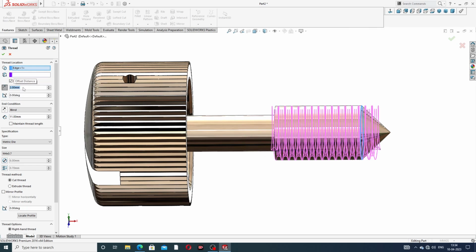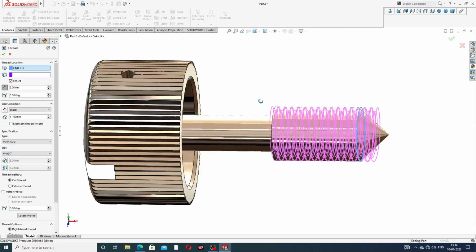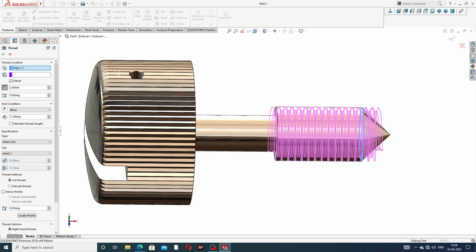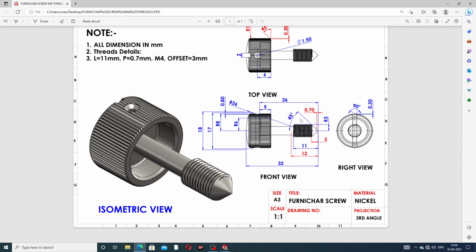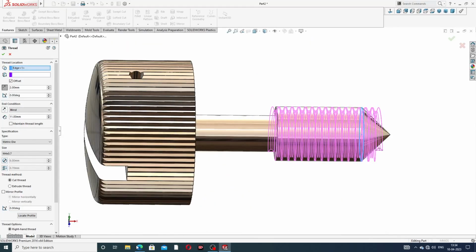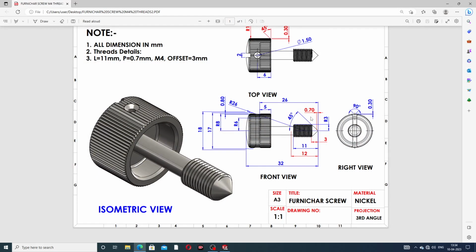Okay, 2 millimeter is this, but 3 millimeter offset is not here. Offset is 0.7 and 1. Okay, 1 is perfect. Okay, 0.7 is pitch, and 11 is this length, and 3 offset is not here, but distance is okay,